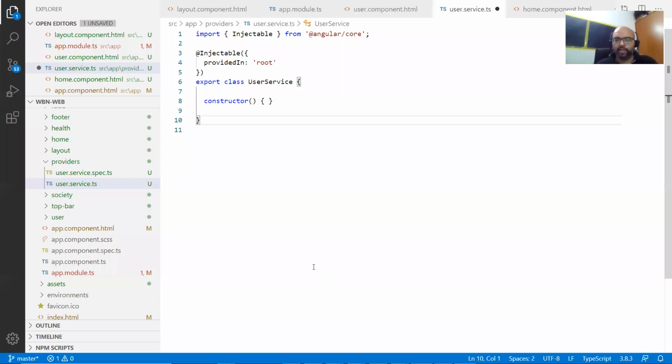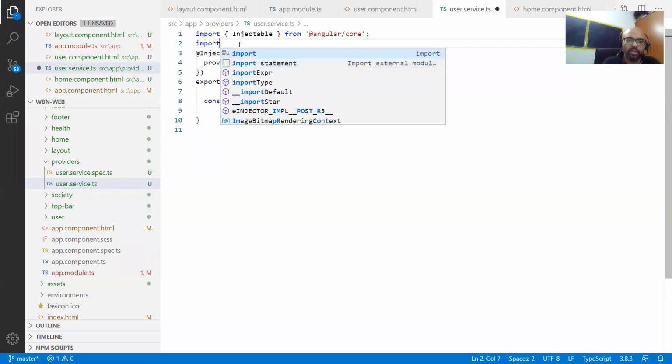Okay, right? So very first thing what you do is you say import, and you need to import, let's say, HTTP client, or your map variables, your catch variables, through which you can basically set up your HTTP call. So we don't use map or catch as of now. I will introduce them as and when we actually need them. As of now, I keep it simple, and what I will do is I will import your HTTP client, correct?